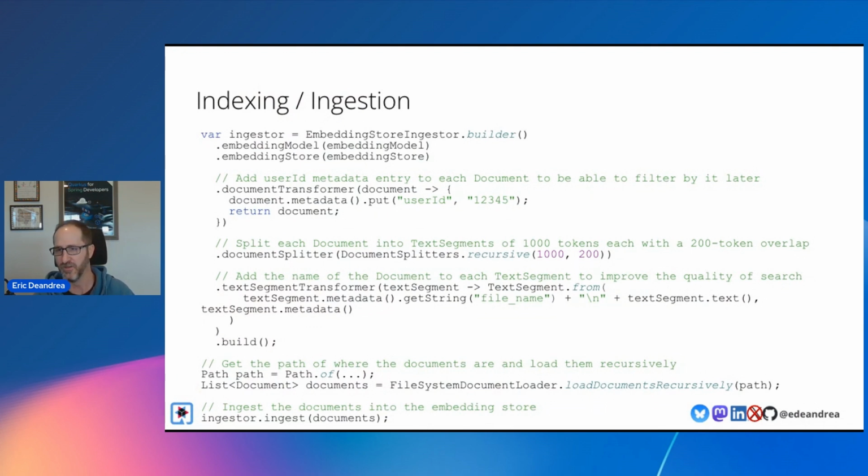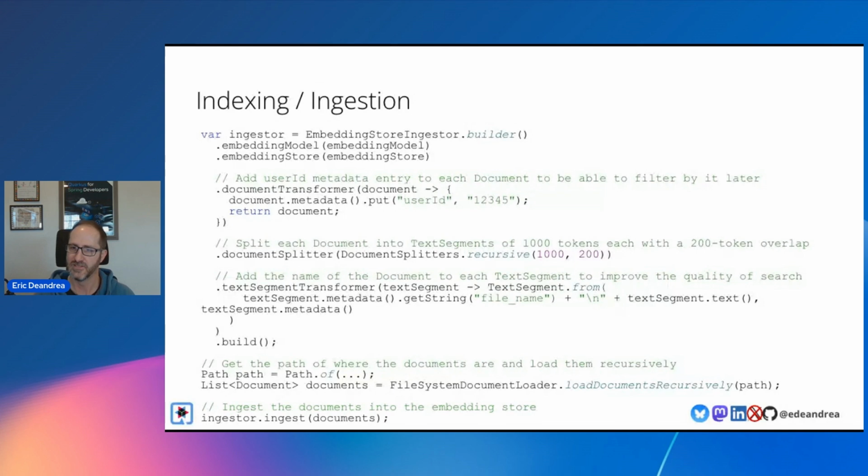You start by building an embedding store ingestor. So you have to give it a reference to the embedding model that you're using and the embedding store that you're going to use. And then if there's any particular data or metadata you want to add to it, you can do that. In this example here, we're adding metadata that this came from a particular user. So we're storing that metadata along with the document.